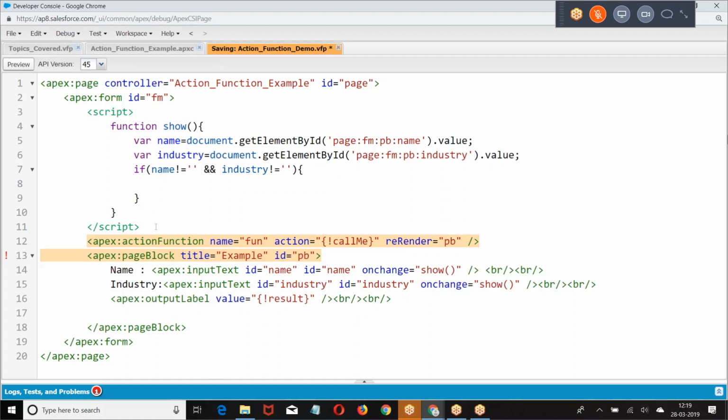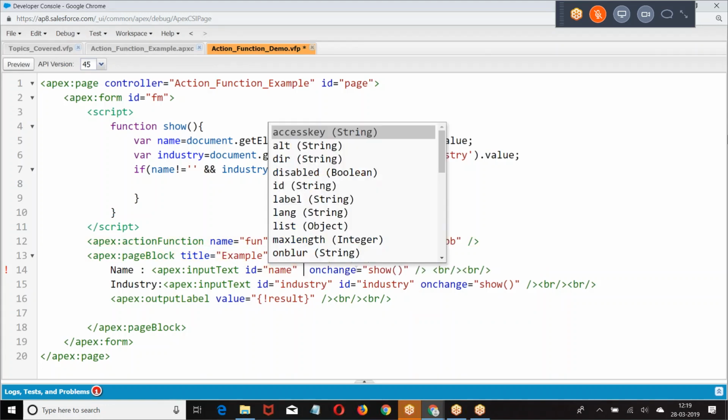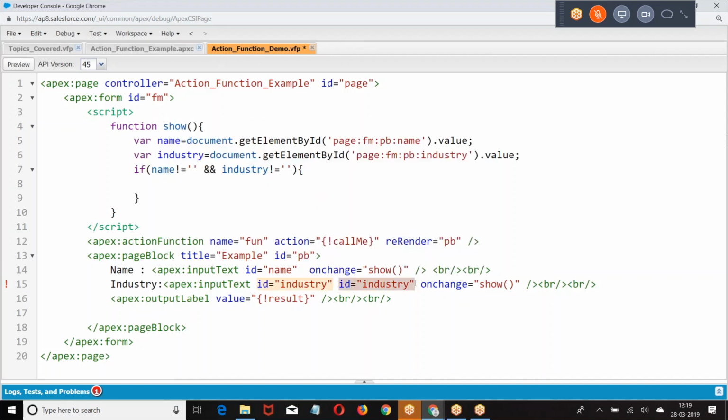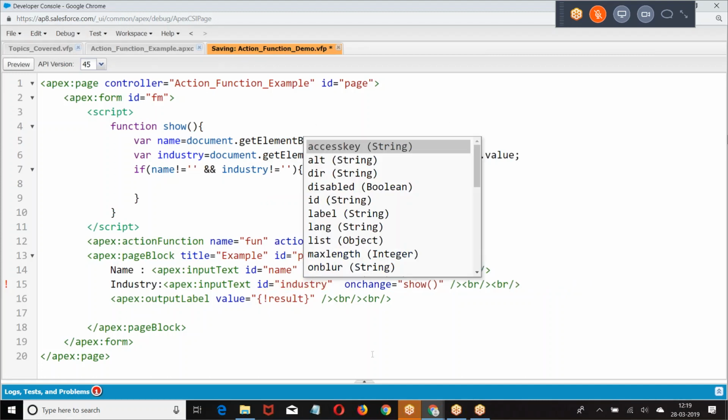Boss, when the name is not blank and industry is not blank, then only call the action function. I want to call the action function only when the values are entered.